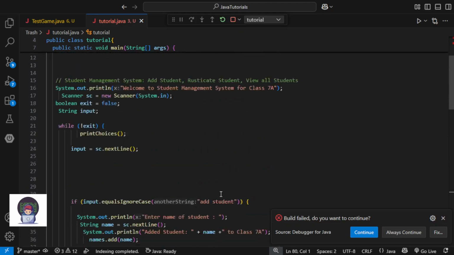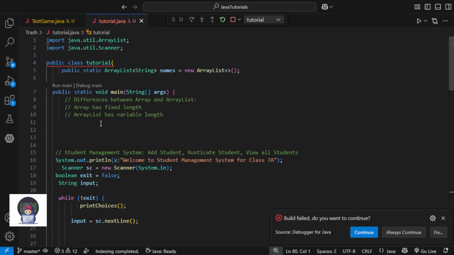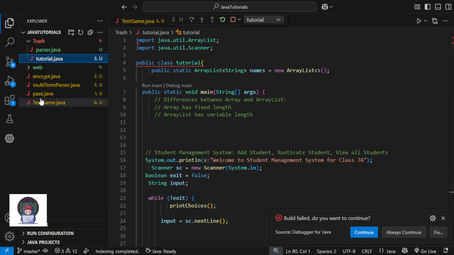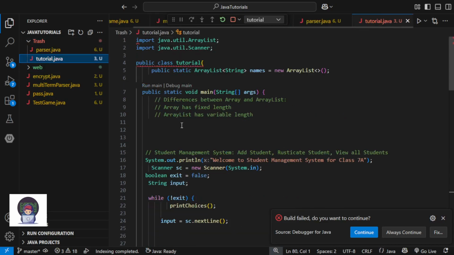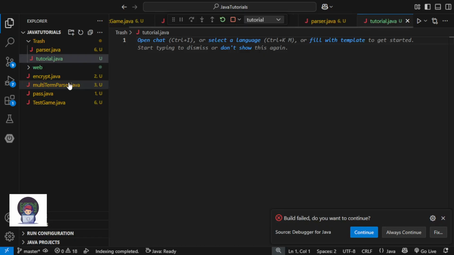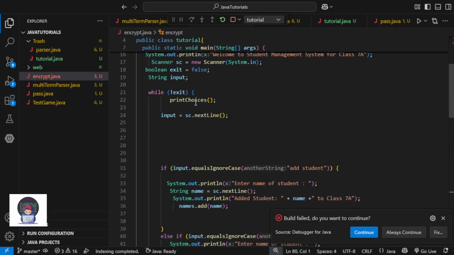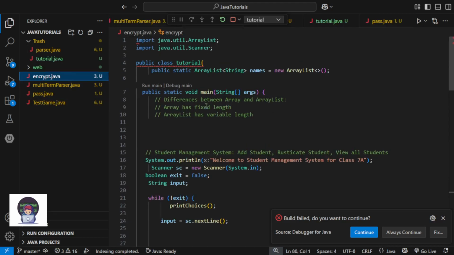What does this want? Why is it causing an error? Guys, don't do what I'm about to do right now. Okay, so don't do this. Okay, please.